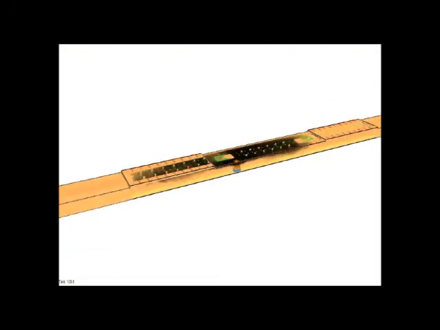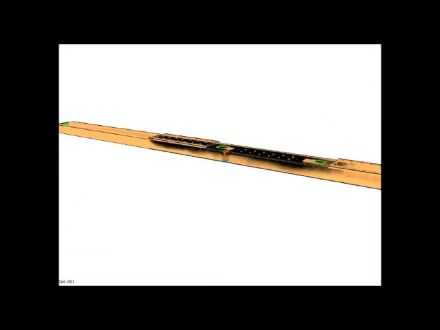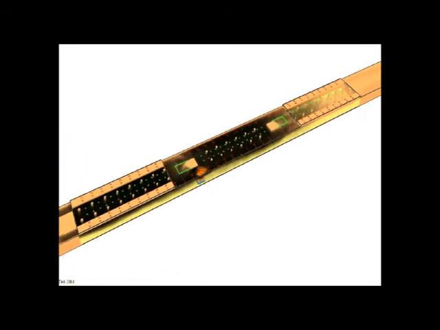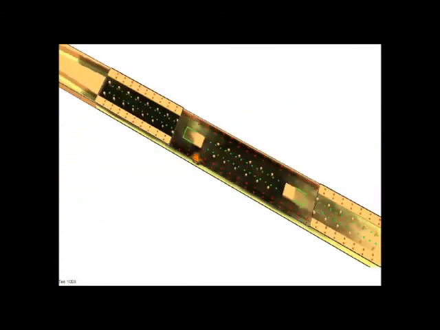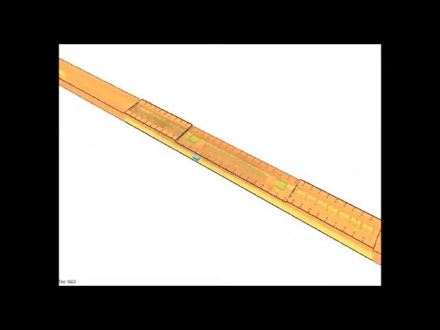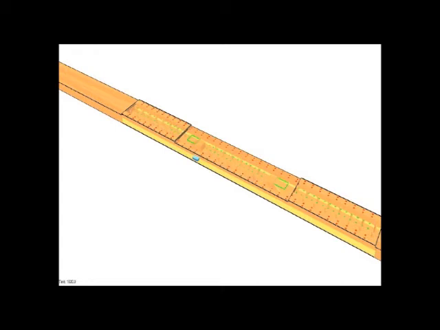From this we could see that the smoke layer remained above the human height. It was above 2 meters. The total height of this is about 5 meters, and the platform height is about 4 meters. So the smoke layer remained above the human height. These are the escape routes through the stairs, which remained free of smoke during this whole time. The simulation was done for about an hour, and the whole time the smoke paths were clear.